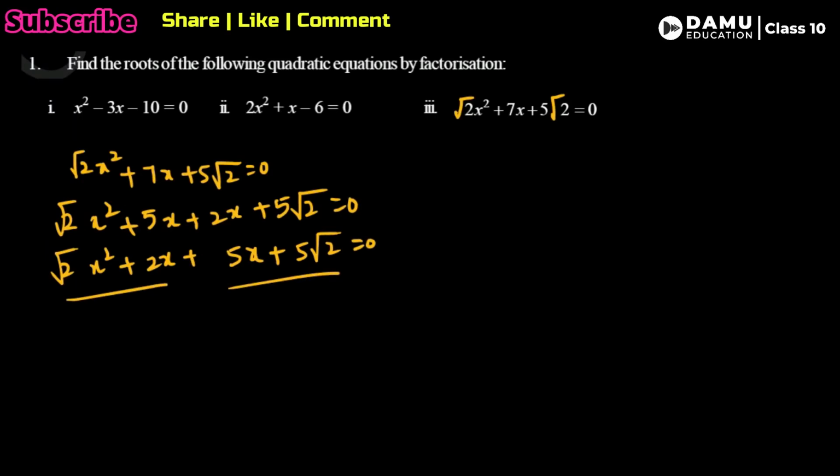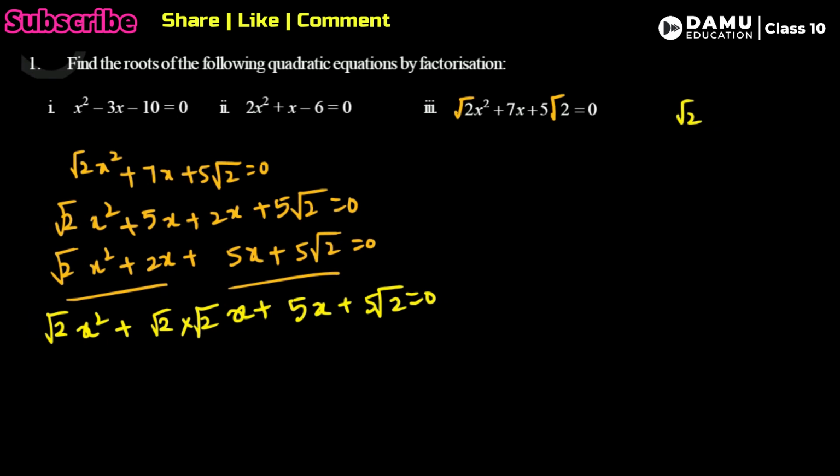So let's take common of what you can take, square root of 2x. You can write square root 2 into square root 2, square root of 2 whole square, both will cancel. Plus for this you can take nothing common. You can write it as it is, 5x plus 5 root 2. Can you write like this? So square root of 2 into square root of 2, that is square root of 2 whole square, the square will cancel, then the answer is 2. For that we are writing like this. So square root of 2 and square root of 2 are going to cancel.